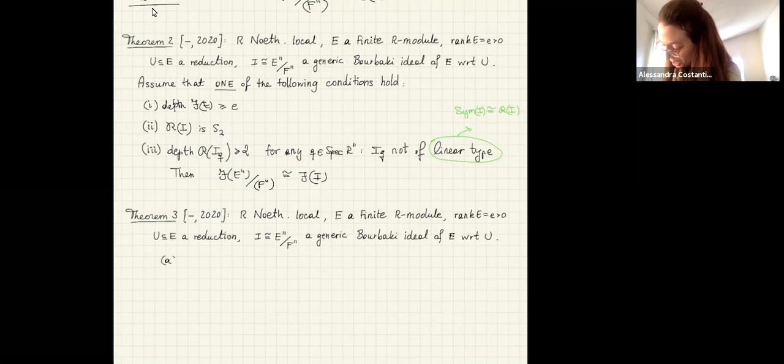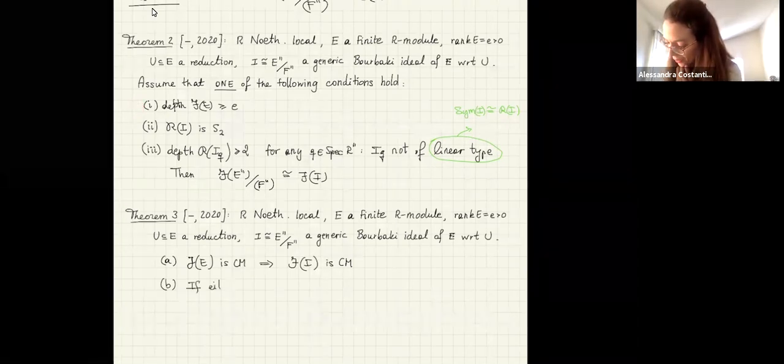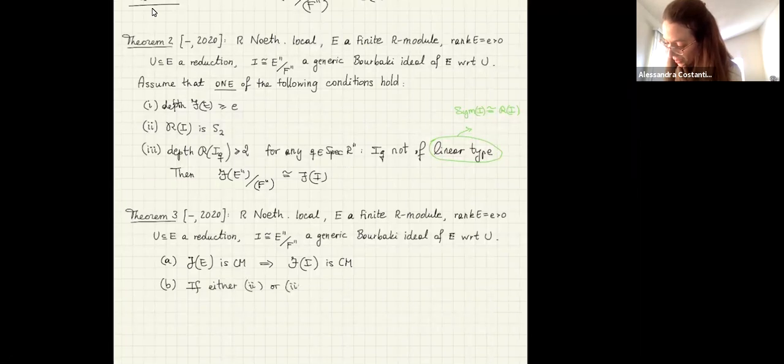So then the first part is telling you that if the fiber cone of the module is Cohen-Macaulay, then the fiber cone of the generic Bourbaki ideal is going to be Cohen-Macaulay. And this uses part 1. And then if either 2 or 3 from theorem 2 are satisfied,